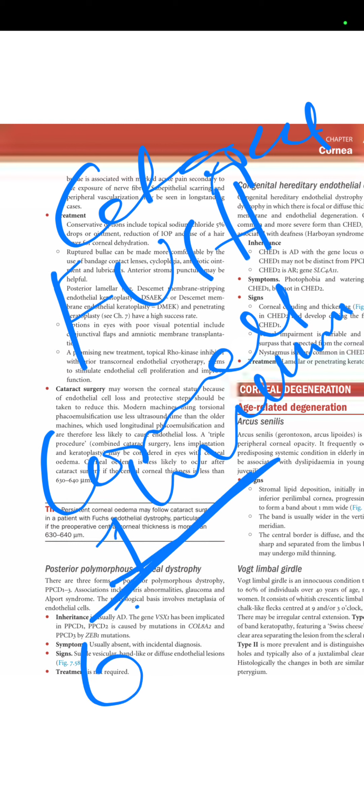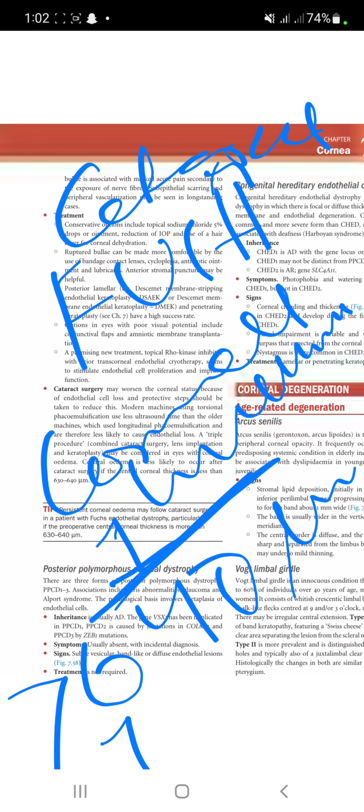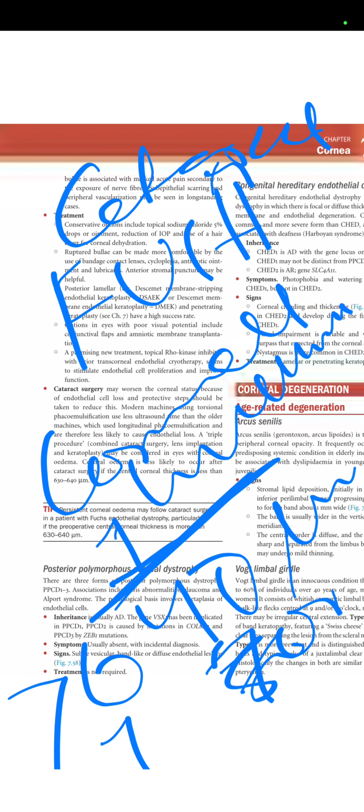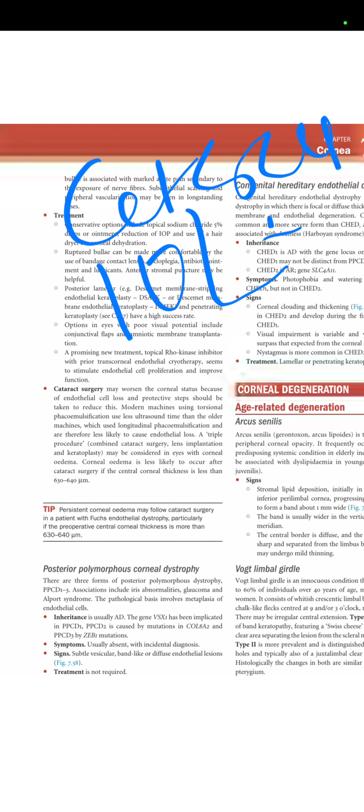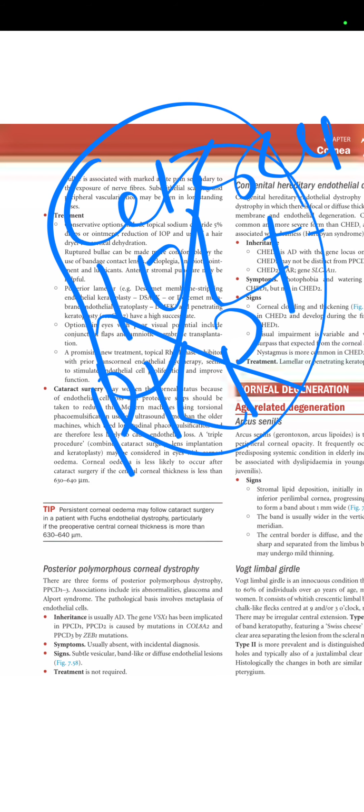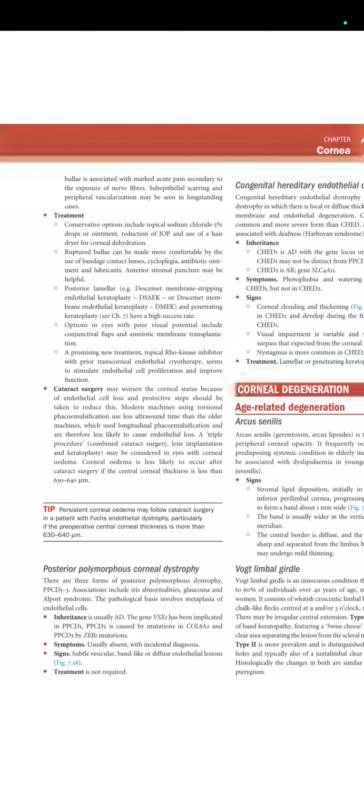If the corneal thickness is greater than 400 micrometers and the cells are less than 500 to 700, then we go for the triple procedure, which means cataract extraction, placement of IOL, and PKP. But if that's not the case and the endothelium is of sufficient quantity, then what you do is